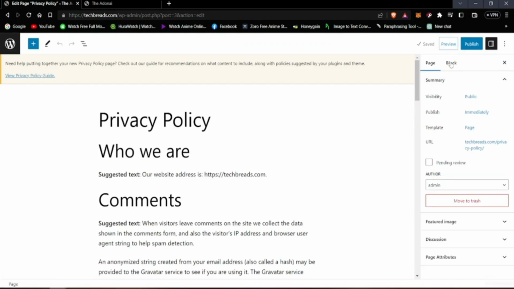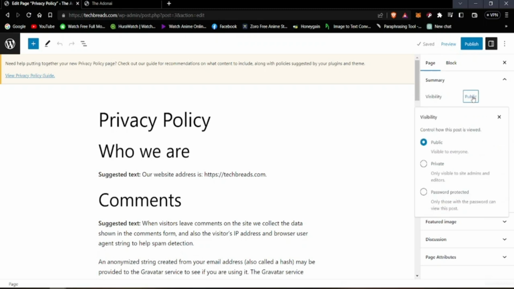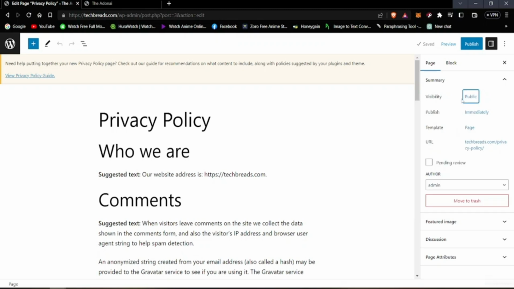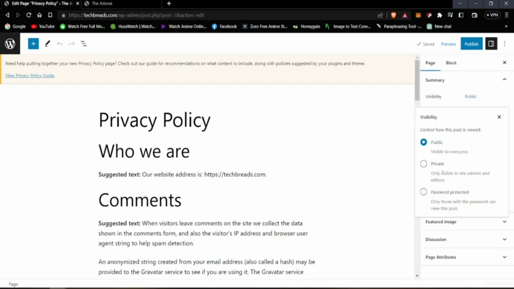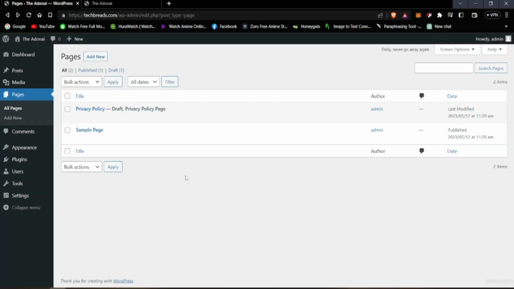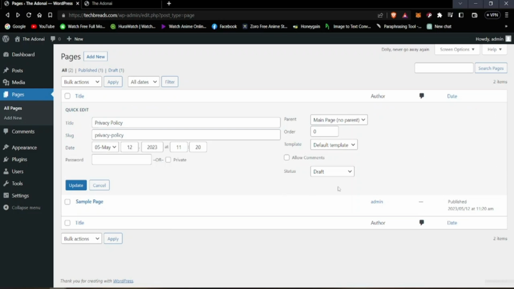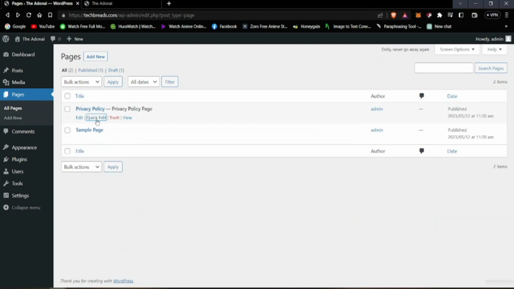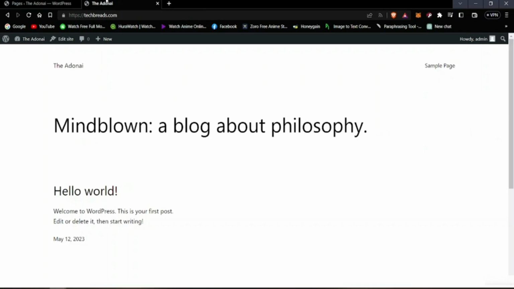you can see here this one's visibility is public. If we want, we can put it to private or password protected. Okay, so since it is drafted, we can put it in published. Let's put it in published and now update. So I went to the quick edit option, and now if I update it,